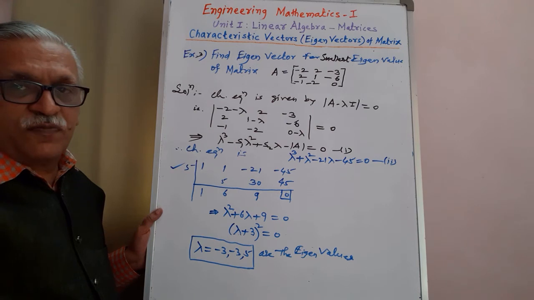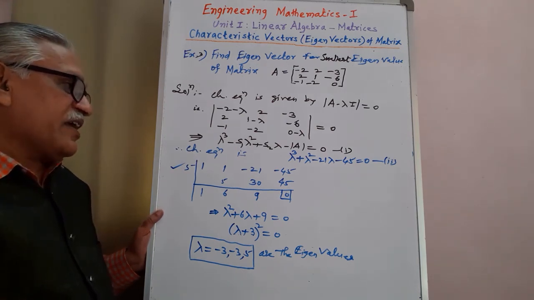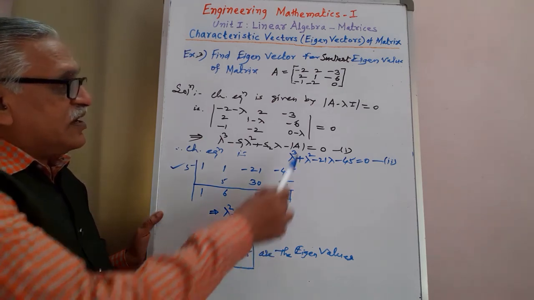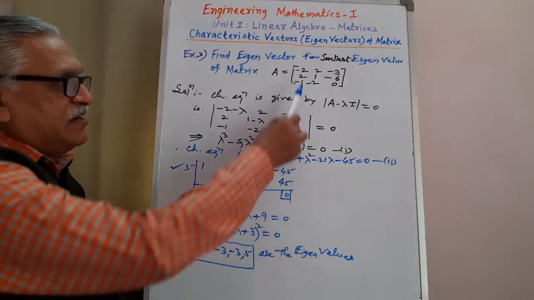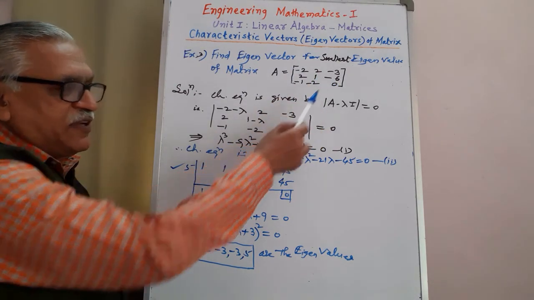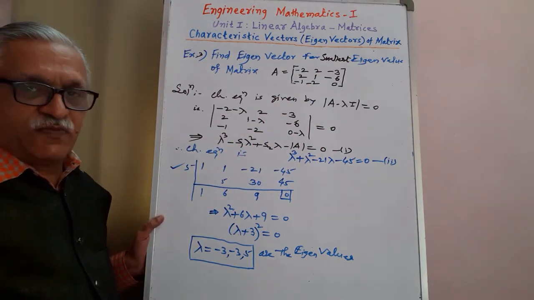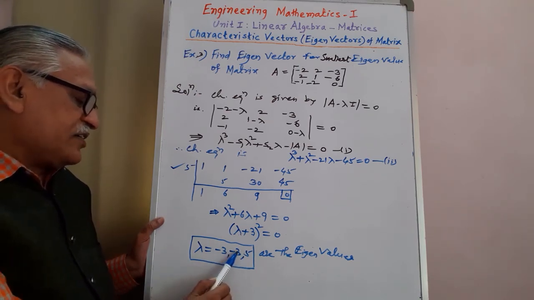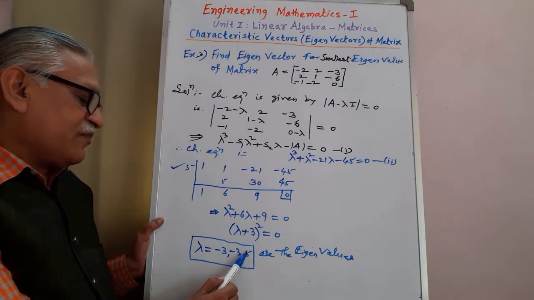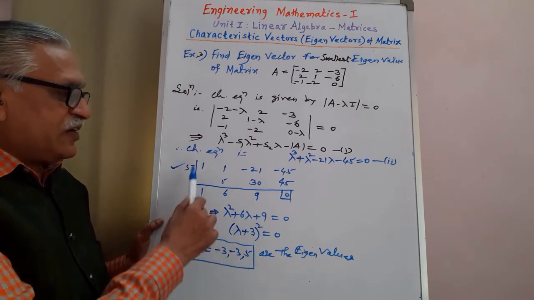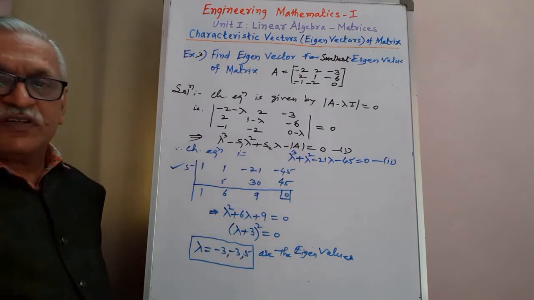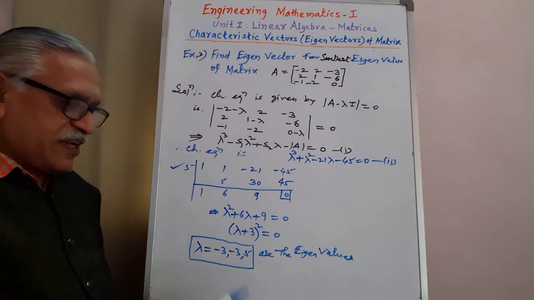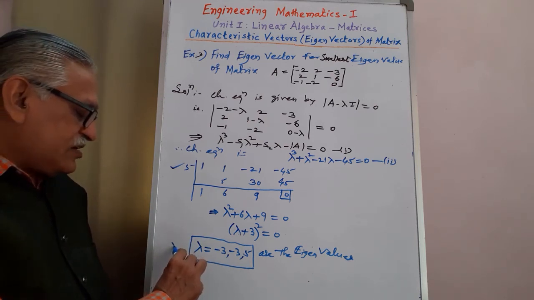We cross check whether the values obtained are correct or not by checking that property. Sum of this, minus 6 plus 5, we get minus 1, and sum of the principal diagonal elements, minus 2 plus 1 and plus 0, is minus 1. First property is true. The product of these 3, minus 3 into minus 3, we get plus 9, and 9 5s are 45, and the value of that determinant is also 45. Means second property is also true, and as the properties are satisfied, the values we have obtained are correct.